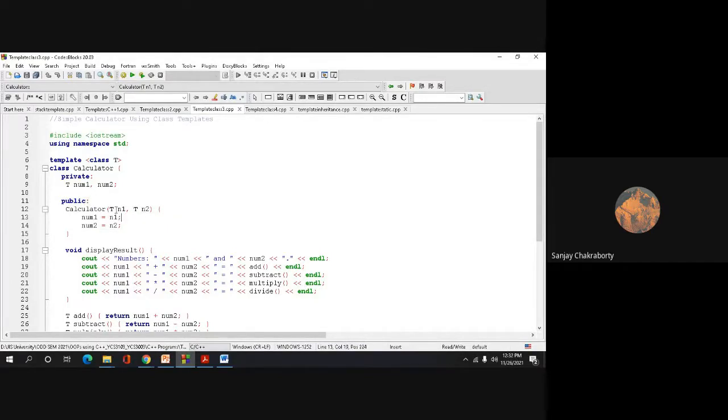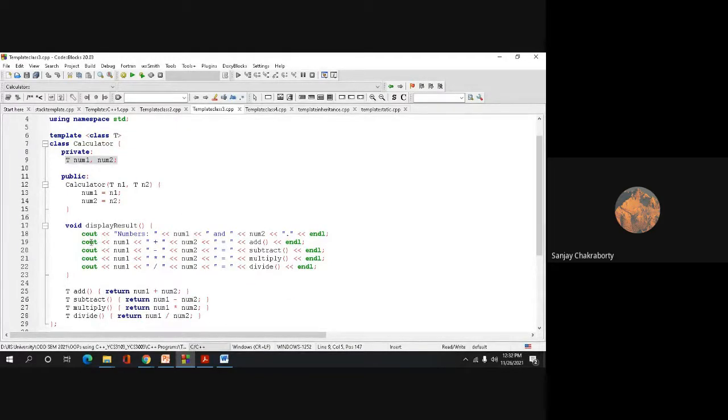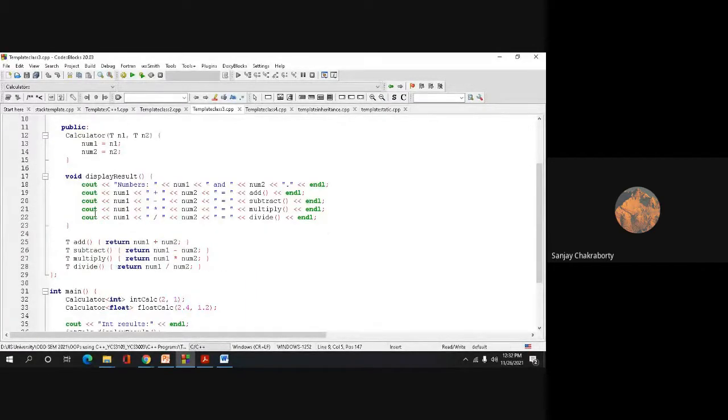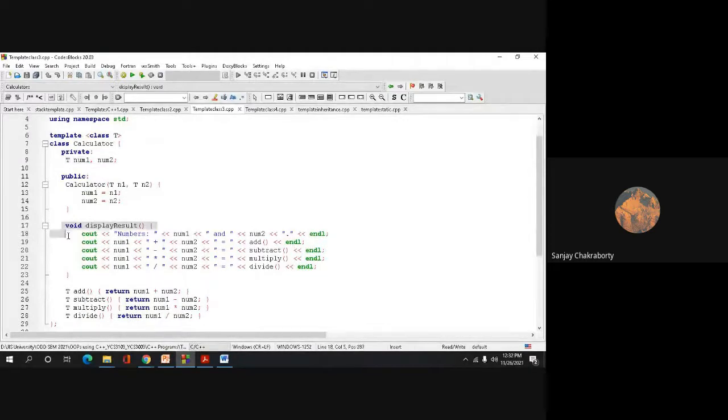Again T is a template parameter type, and whatever value we pass during the call of the constructor will be stored into the local variable of the class type T that you have defined. Now we define one more function here.